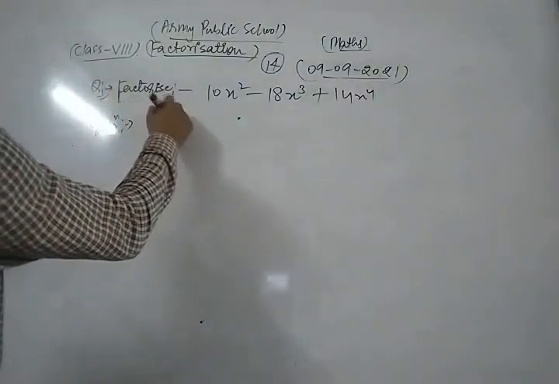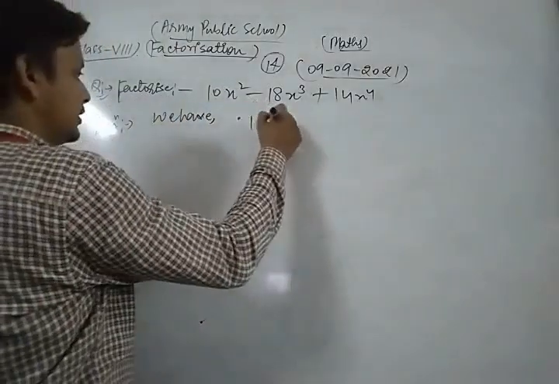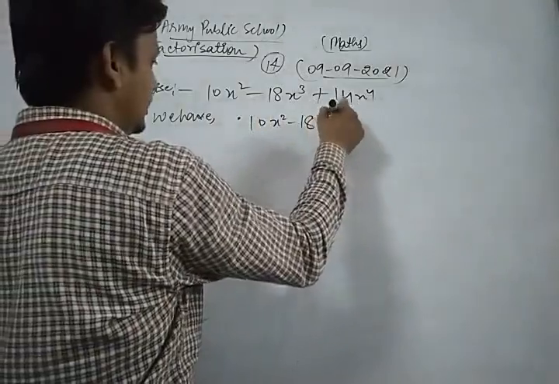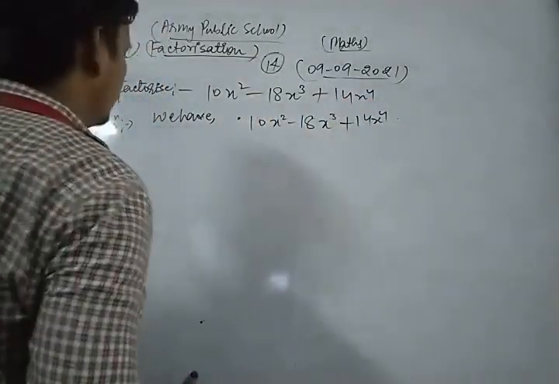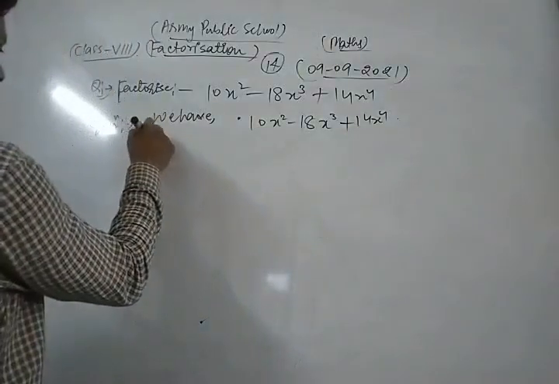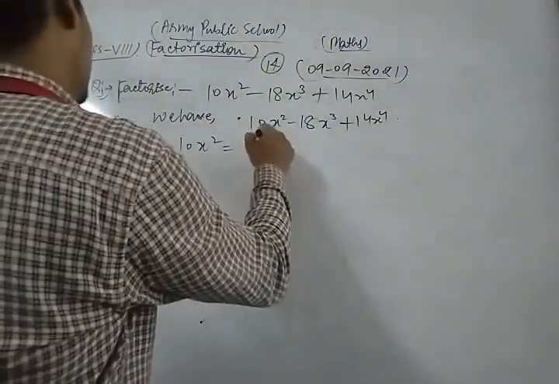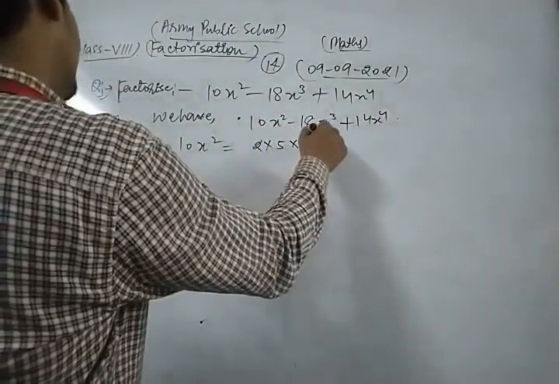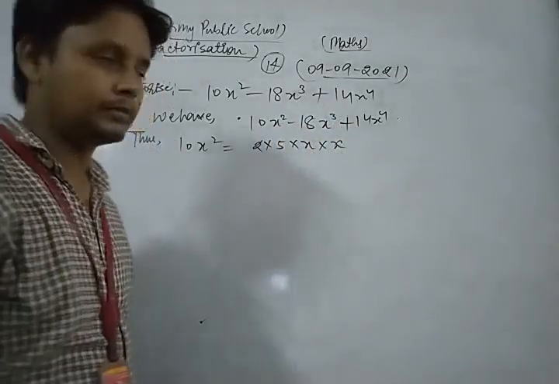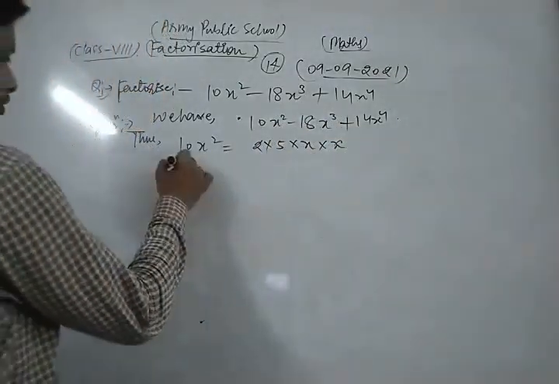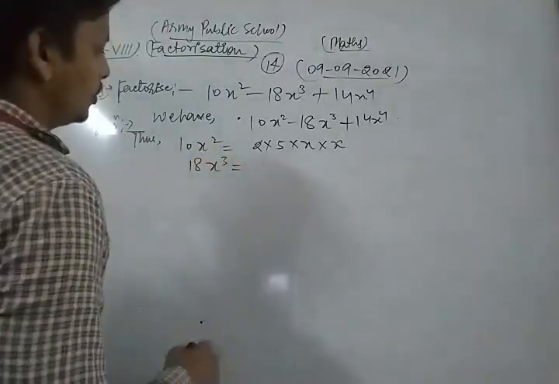So first of all, we have an expression. This is 10x square minus 18x cube plus 14x to the power 4. Thus, first we take the first term 10x square. So we write 10x square as 2 into 5 into x into x. Okay, we can write in this way. Similarly, we take the second part of this expression, which is 18x cube. We can write